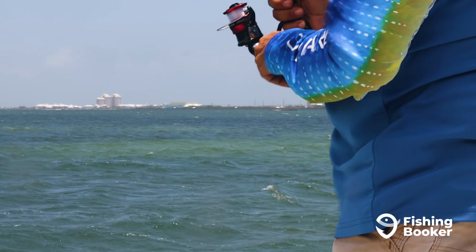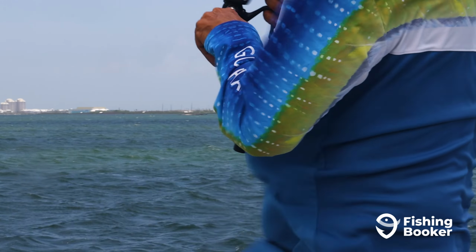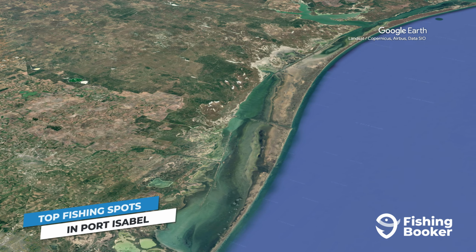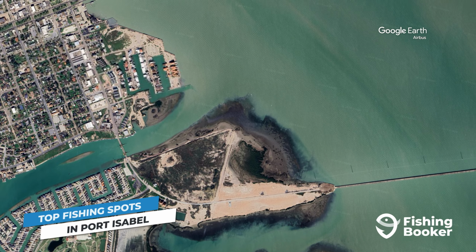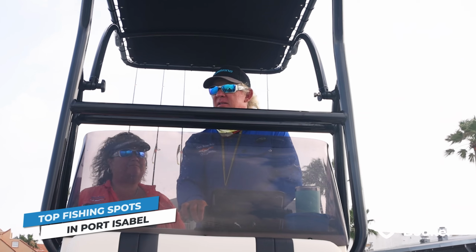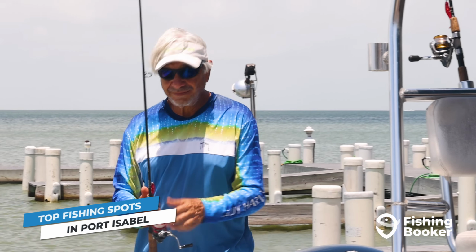But before you do that, let's take a closer look at some of the top fishing spots in Port Isabel. As we mentioned earlier, Port Isabel is located as far south as it gets in Texas. It sits at the intersection of the Lower Laguna Madre and the Gulf of Mexico, giving you endless areas to explore. The waters of the Lower Laguna Madre, which is the largest shallow water estuary in the U.S., are exceptionally